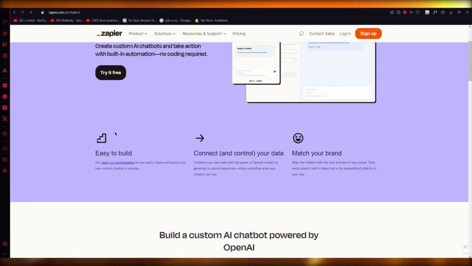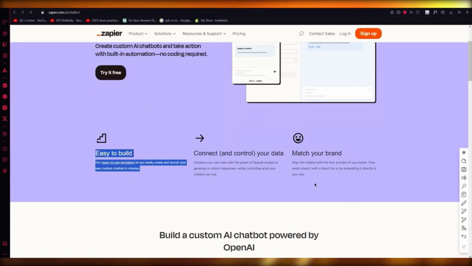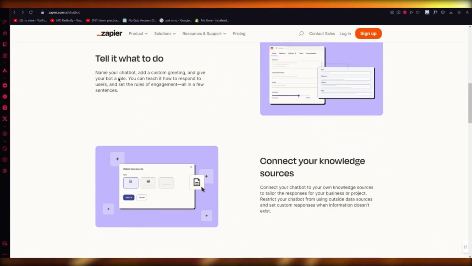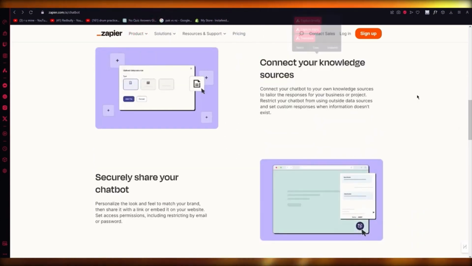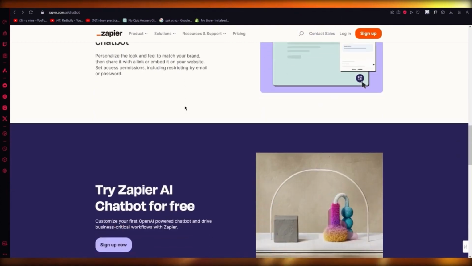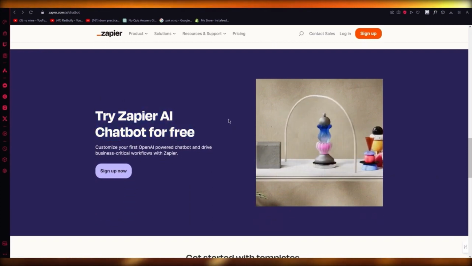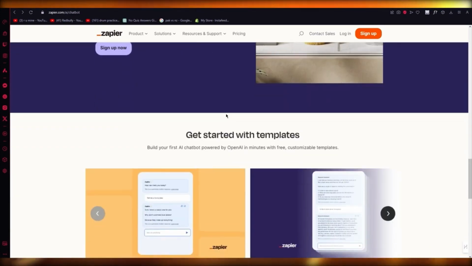Okay, so you're going to try it for free. It's easy to build. You can connect and control your data and actually match your brand. And what happens is you can build a custom AI by telling it what to do. You can name your chatbot, add a custom greeting, and give it a role. And then you can connect your knowledge sources for greater automation, securely share your chatbot. You can try Zapier's AI chatbot totally for free, which is another thing that I like,